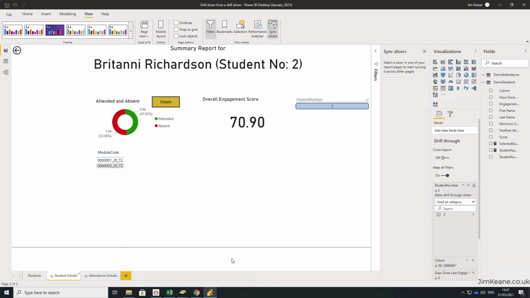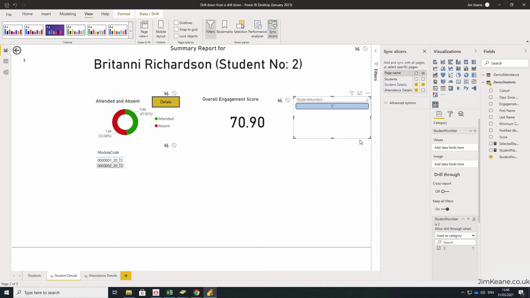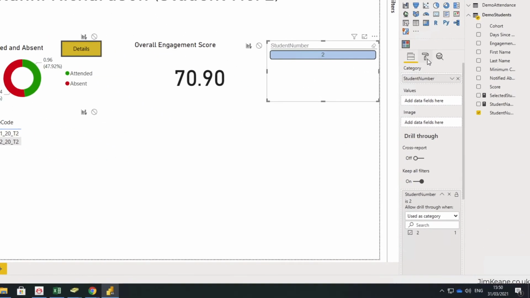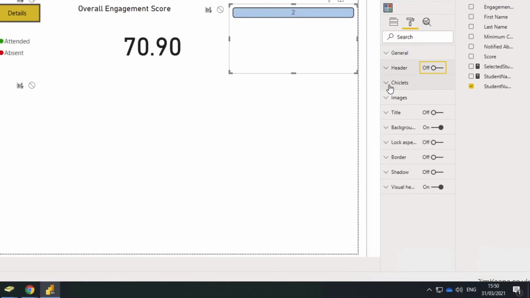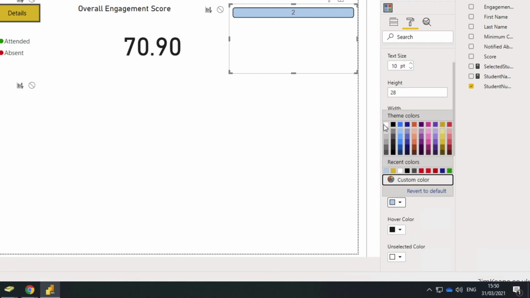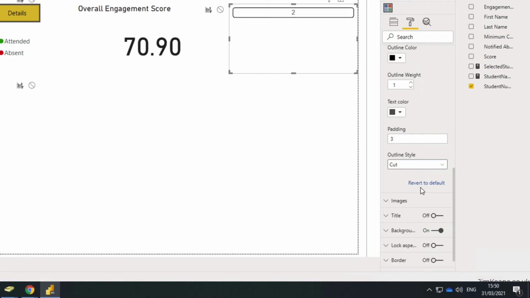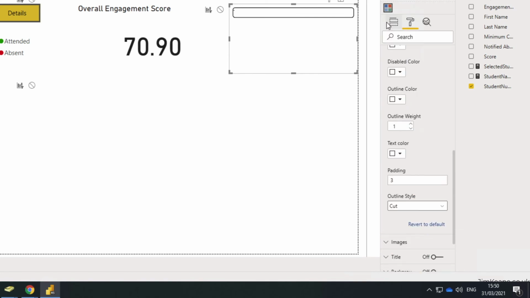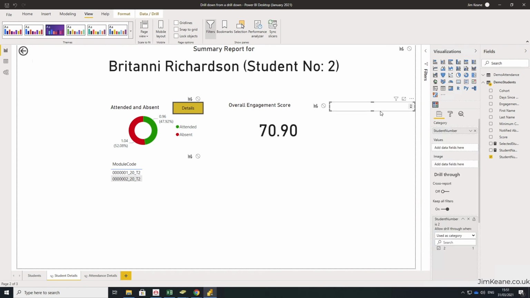And the other thing I'll want to do is make this less visible. As I said before, if you hide this, it no longer updates correctly, so you have to leave it visible. But if it's hidden by having other elements in front of it, it will never be seen by the end user. To hide it, I'm just going to click on some formatting options, get rid of the header, go to the chiclets, make sure that they are all of a color that does not show up, get rid of the border, make it nice and small, and then hide it behind something else by dragging it to where you want it and then using the selection pane to order it behind other items.